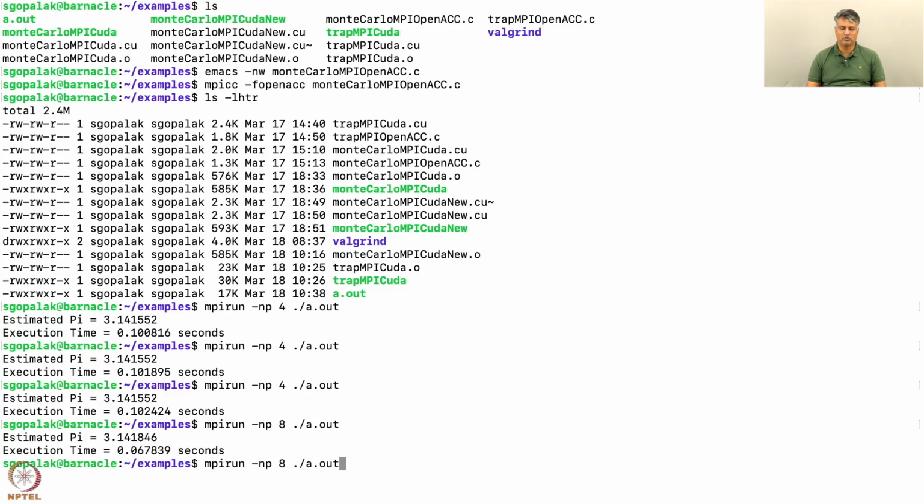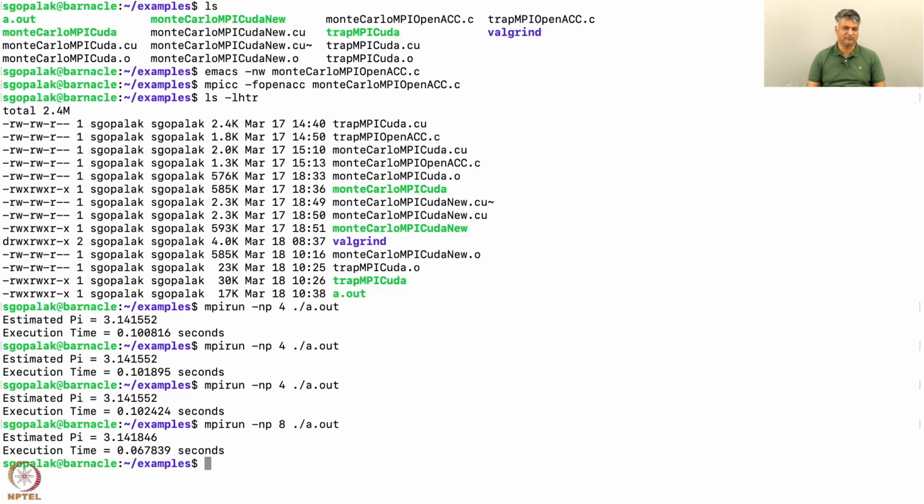And this will only happen up to a certain number of processors, beyond which you'll again see an increase in the timing, and you will see no benefit in the speedup, because all the overheads of creating and offloading, of sending data back and forth from the host to the device and device to the host will all catch up eventually. So this is how we accelerated the code for Monte Carlo integration very quickly by just using